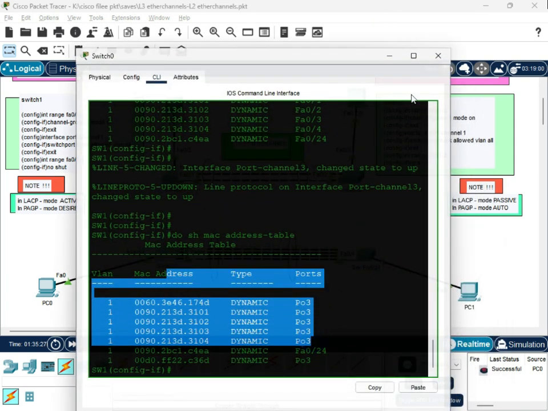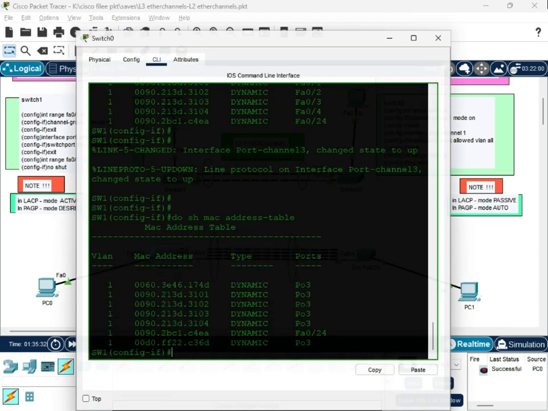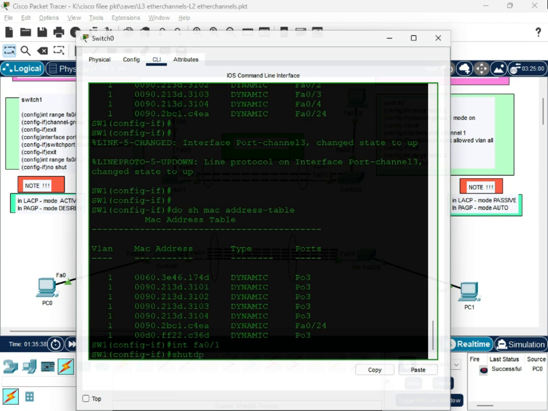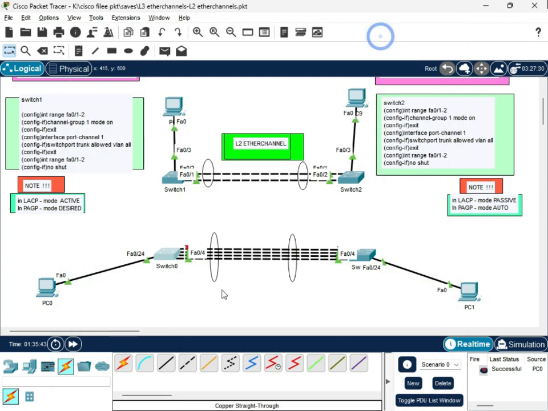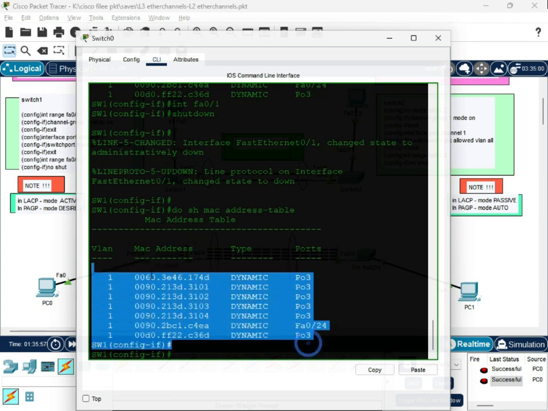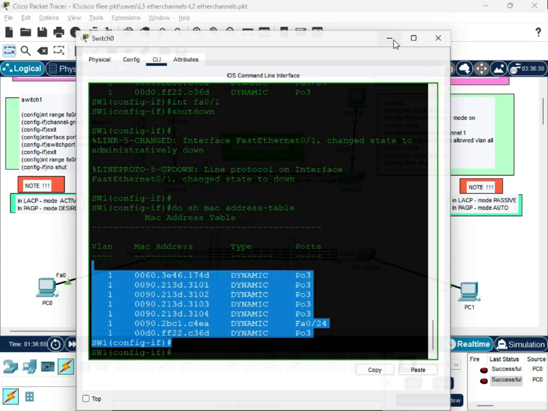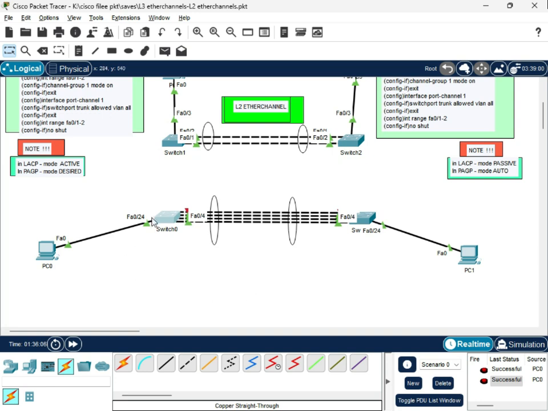Okay, the port channel. So even if I break one of these cables by typing the command interface FA01 shutdown, okay, as you can see the status is down, I'll still be able to send a packet across successfully. So if I come back again and say show, it's still showing the same thing. All right, so yeah, exactly, this is how we can actually configure the LACP mode. Right now,